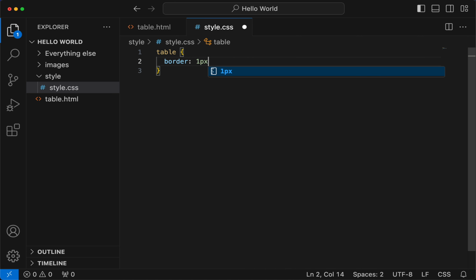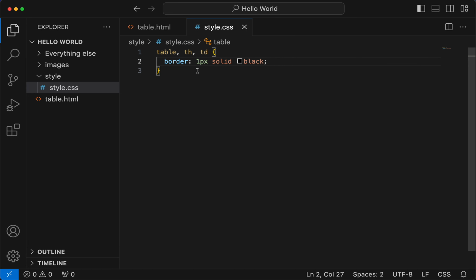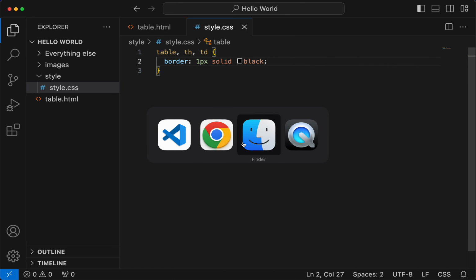So I'm going to apply a border, which is width, style, and color. So I just applied it to the table, not to the cells. So the cell and heading I have applied now. The border has been applied. So this is how I